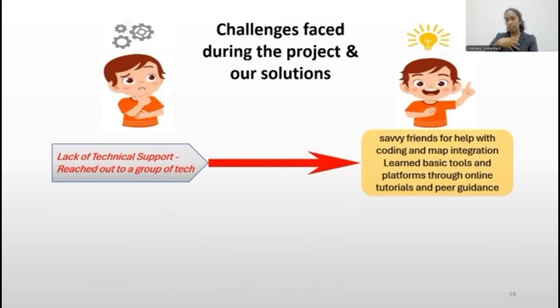We as a group did not have that skill. So we had two options: whether we had to learn it from the beginning. But within the time frame, we were not able to learn it from the very beginning, because we had to manage our academics, and we did not have much time to deal with such a new subject. So the next option that we had was to reach out to a group of tech